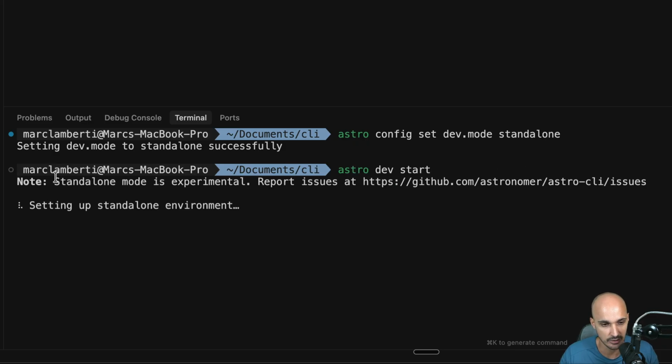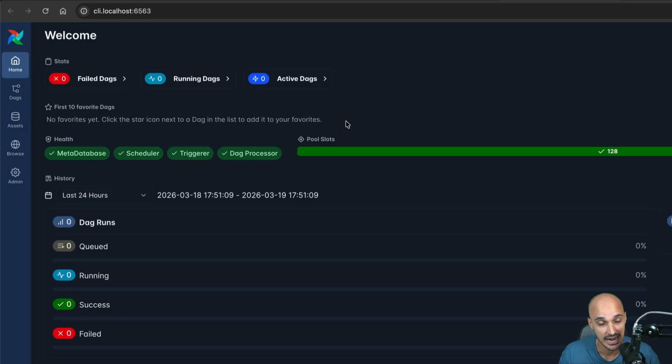And you can see standalone mode is experimental for now, so let's wait a little bit until Airflow is up and running. The environment is ready, and after a few seconds, you will land on the Airflow UI without using Docker or Podman. Another cool feature is the built-in reverse proxy, which avoids port issues when you run multiple Airflow